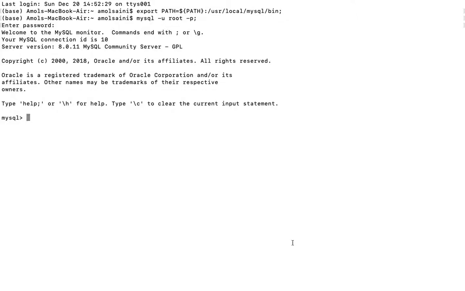So in the last video we learned how to create a database, how to use that particular database, and how to delete that database. So in today's session we will learn how to create a table in a particular database, how to use that table, and how to create